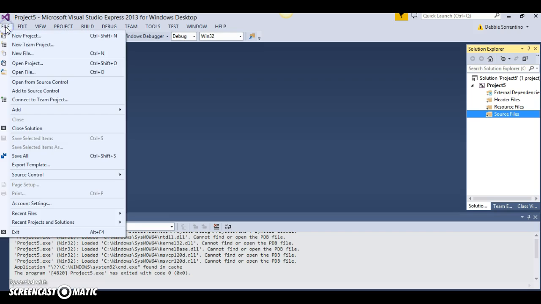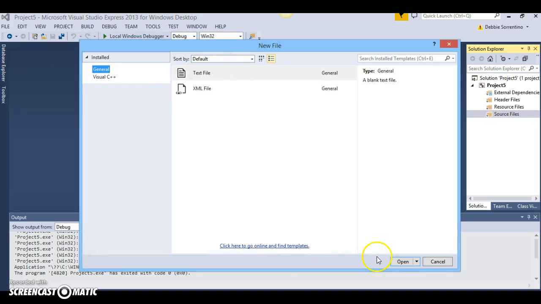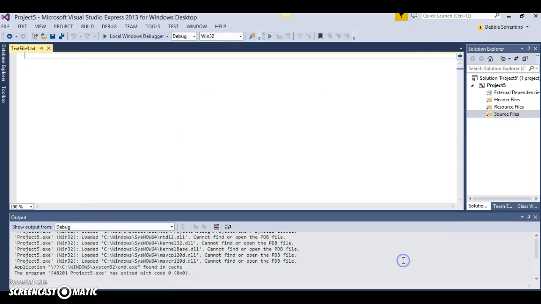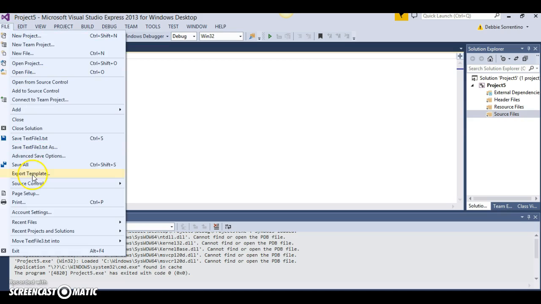To do that, you do File, New File, and I'm just going to create a text file. Inside of here, it gives us a default name. I've had a couple of them open, so mine's textfile3.txt, but if it's your first one, it'll be textfile1.txt. This is not the input file name you should be using, and it's not putting it in the correct location right now. So you need to do a File, Save As,